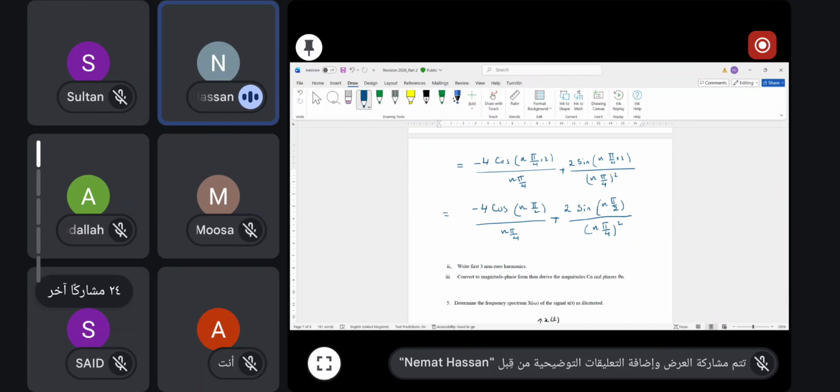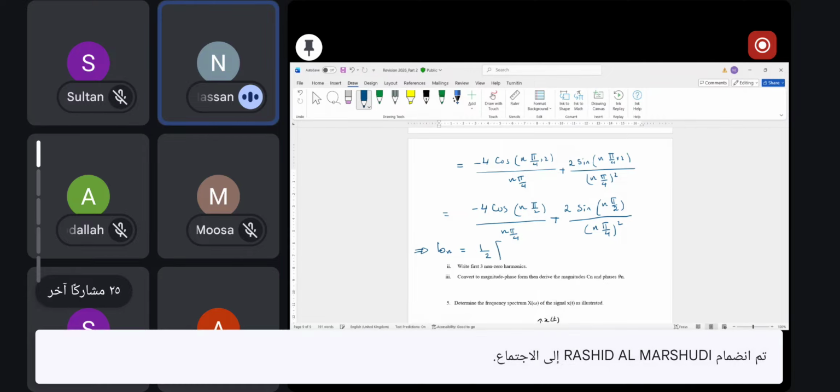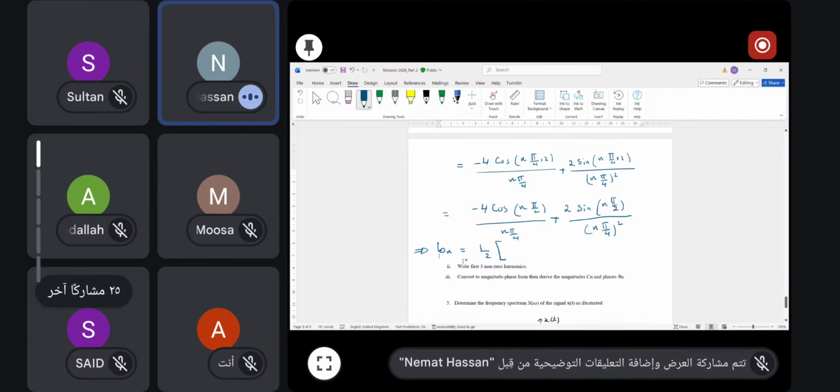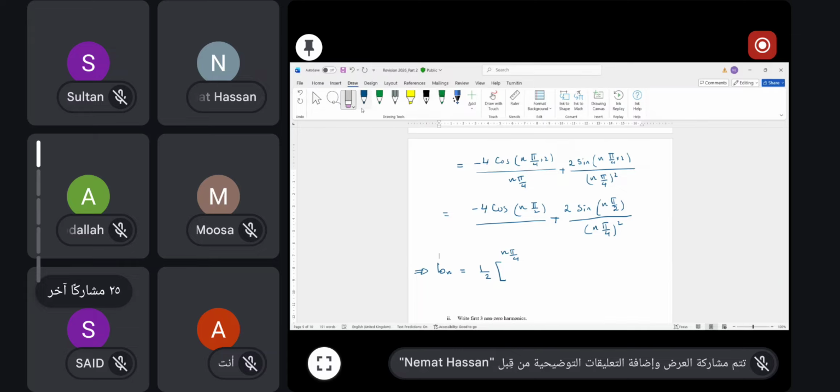So therefore b of n is equal to 1 over 2 multiplied by this expression that we have, which is minus 4 cosine n pi over 2 over n pi over 4 plus 2 sine n pi over 2 over n pi over 4 squared,